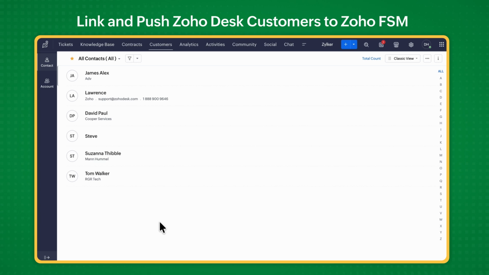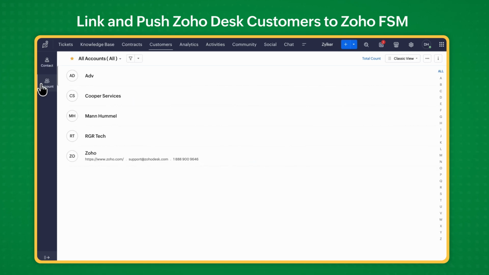Now, to create a request or an estimate or a work order in Zoho Desk, you need to have the same customer information linked between Zoho Desk and Zoho FSM. This can be either done by linking an existing FSM customer from Desk, or a Desk customer can be created in FSM directly from Desk. Let's see how to do this. Please note that for contacts that have been associated with an account, you need to first link an account and then link the contact. So, go to Accounts,